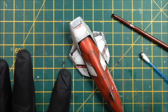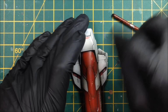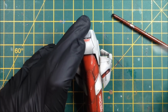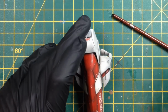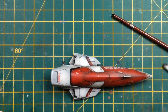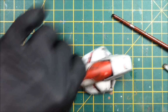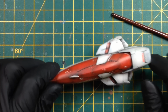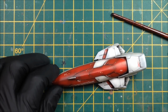But say, for example, you're not sure about a colour, what you might do is put some paint on a panel line just around it, rub it off and think, yeah, this is the wrong colour. So you get your cotton bud and your thinners or a brush, and you just work it in and rub it off, and it will go completely. So if you want to test a colour, you can use the thinners to get rid of it. Before you completely coat a piece in a colour, just do a little test. But that's gunk washing, and that hopefully should mean that by the end of it you've got a nice gunk washed